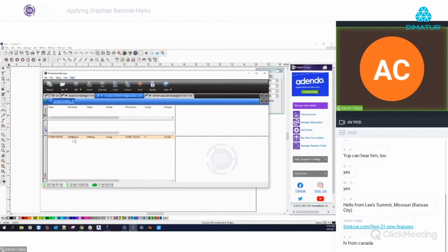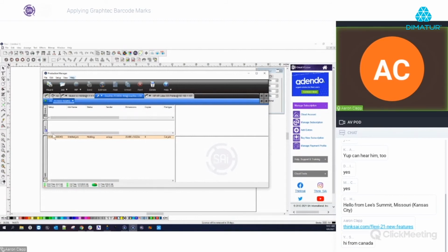And then pretty much from there on, it will read the barcode first, typically, and then it'll start reading your registration marks. And so that's it. Once it reads the registration marks, it'll do that just like normal. It'll pull the job right from Production Manager, and then you're off to the races. And so this makes it a lot easier to get those jobs, especially if you're a sign shop that does a lot of print and cut jobs,